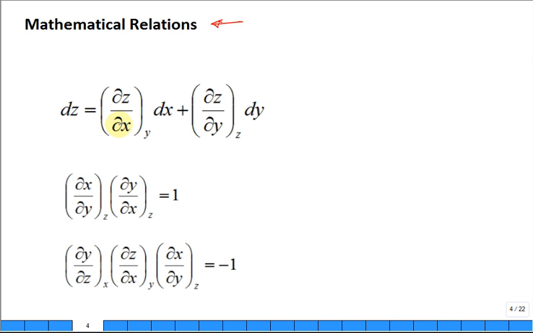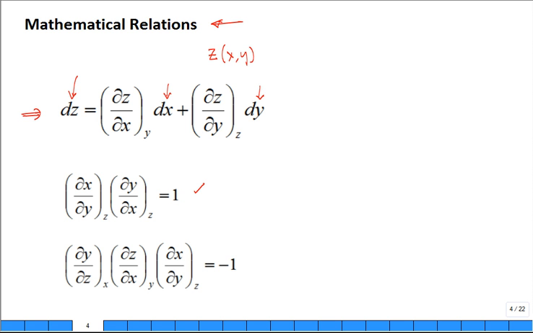So what is this? Does this equation look similar to you? It says if I have a function z, if it's a function of x and y, then I know that a small change in z can be expressed as a small change in x and a small change in y through this relationship. Does that equation look good? Do you remember something like that? It's multivariate calculus.